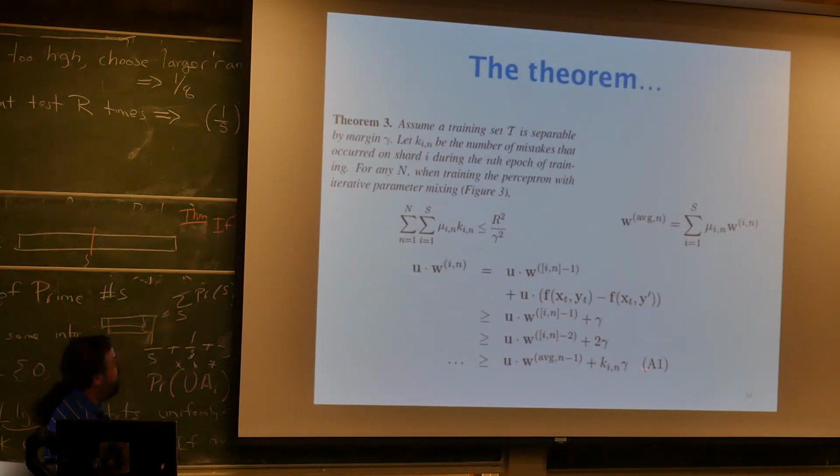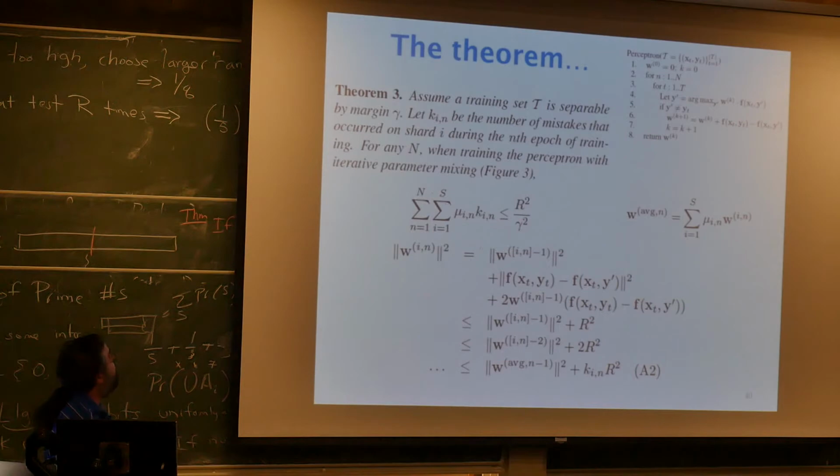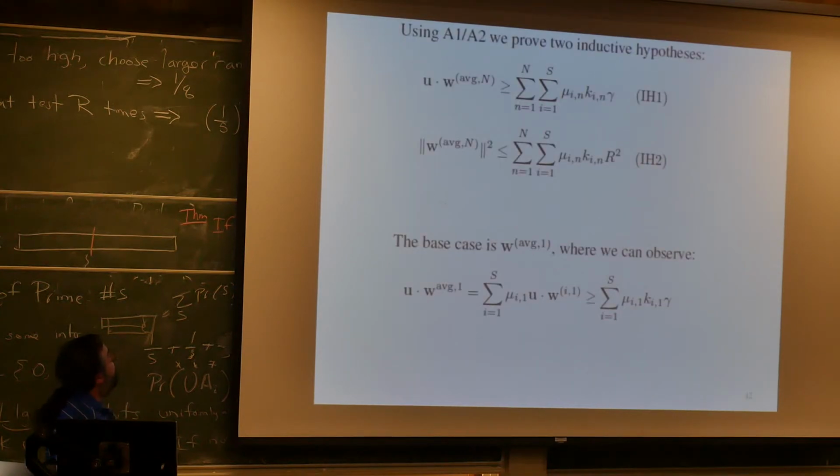Okay, so they call these observations A1 and A2. Okay, and this is just the standard perceptron analysis. Okay, nothing's new. All right. Now they want to make these more complicated claims. So this is using